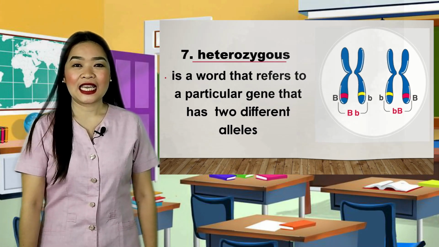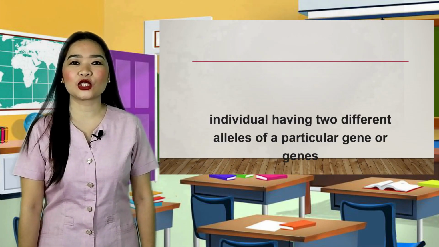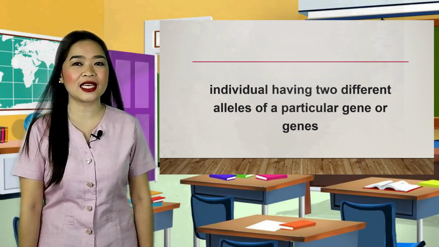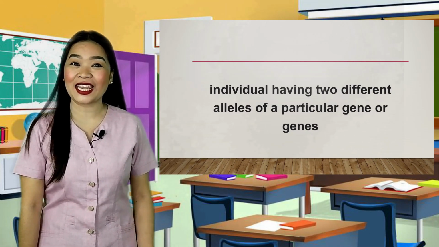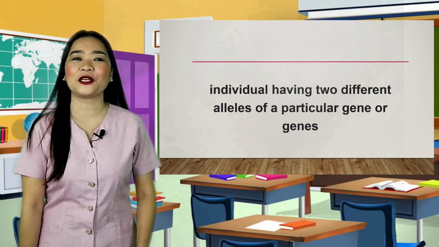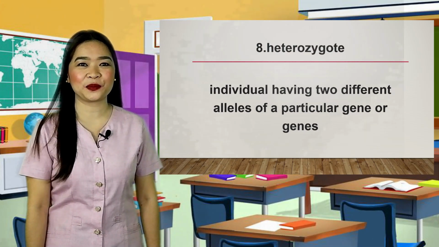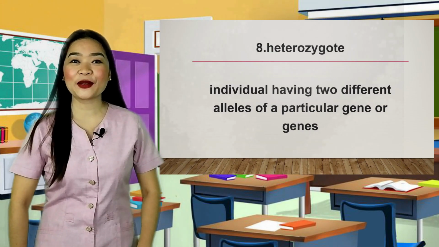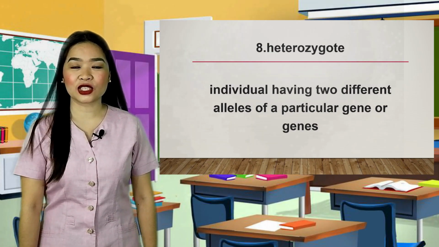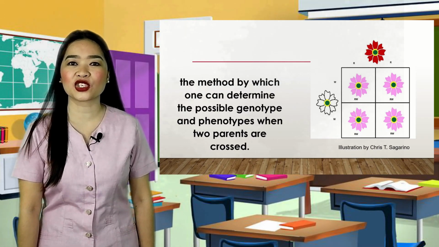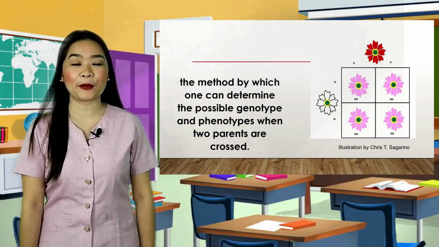Number 8, an individual having two different alleles of a particular gene or genes. It starts with the letter H and ends with the letter E. Great. It's heterozygote. The last word means the method by which one can determine the possible genotype and phenotype when